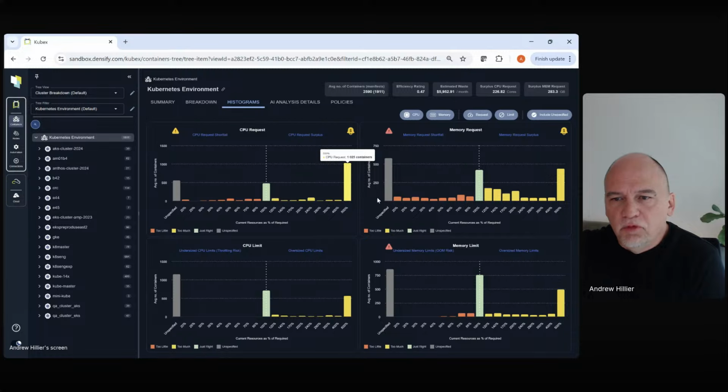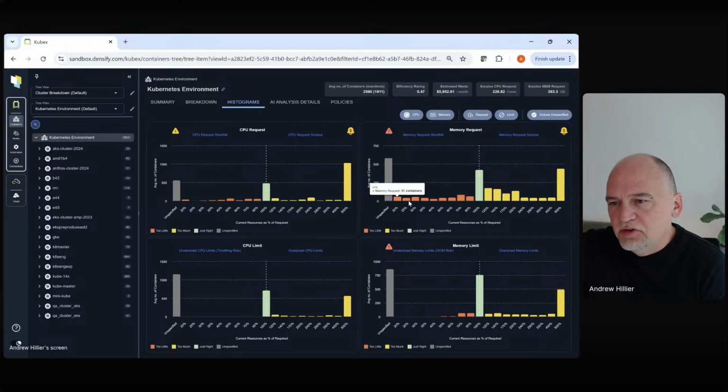So right away we see this. And so from a FinOps perspective, the yellow bar is very much of interest. This is what I'm worried about. We also see, for example, if I go to memory, it's a little more complicated. And you described this as well. I have some that are too big and some that are too small. There's a bit of a mixed bag and a bunch without any values.